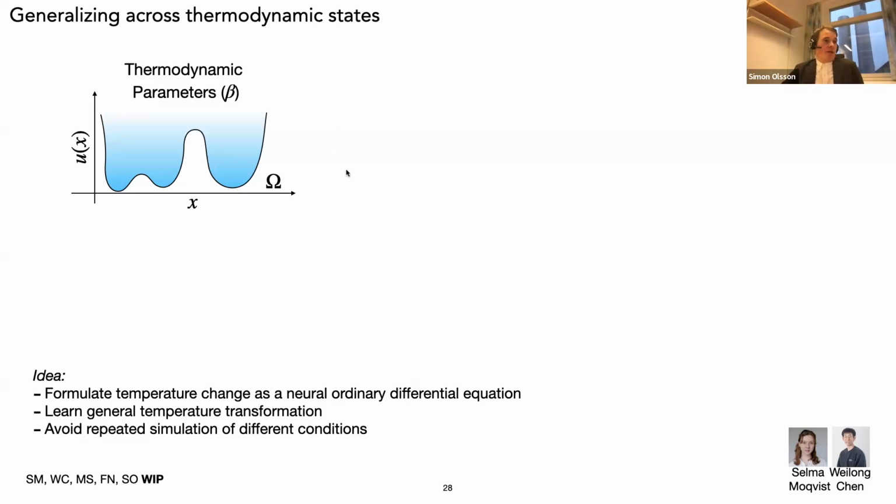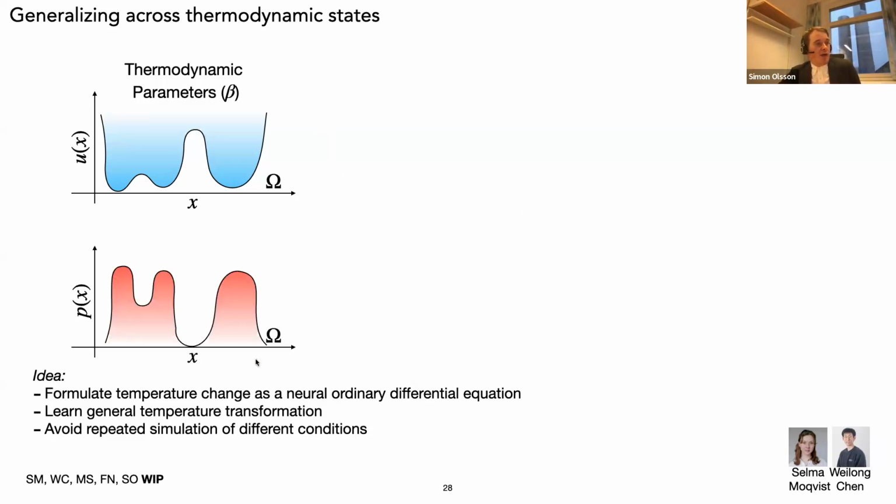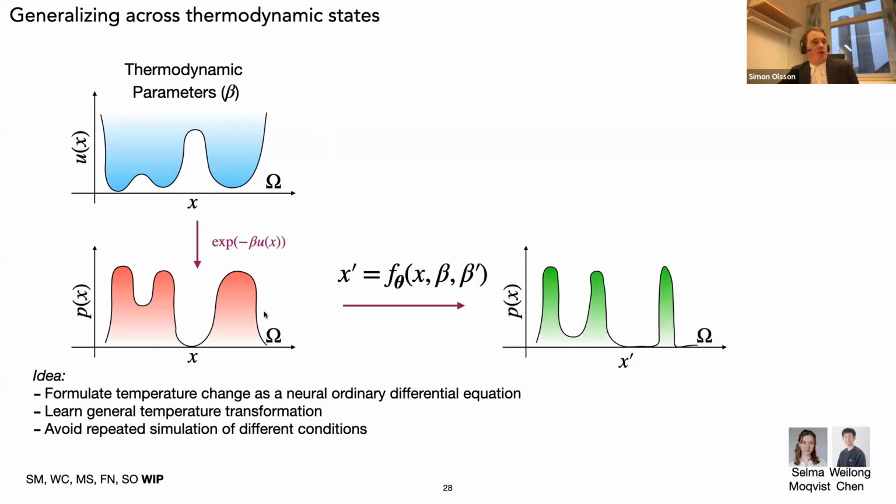But what two of my master students, Selma and Wei Long, set out to do was to say, okay, can we parameterize a change in a probability in a Boltzmann distribution that is characterized by two different thermodynamic states as the solution to an ordinary differential equation. So they're basically defining a flow that interpolates between different Boltzmann distributions. And so the idea is that we could in principle simulate, for instance, at high temperature, and then transform our statistics into a low temperature ensemble without having to do explicit simulations at low temperatures,